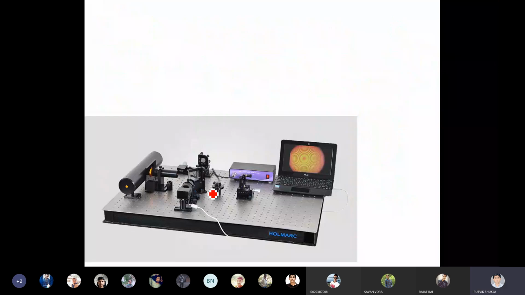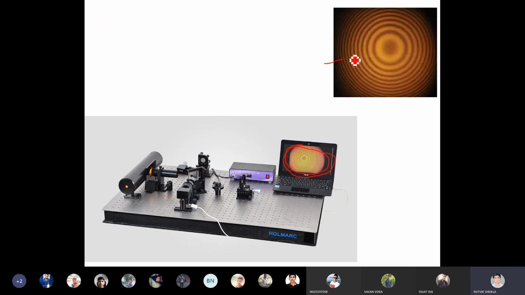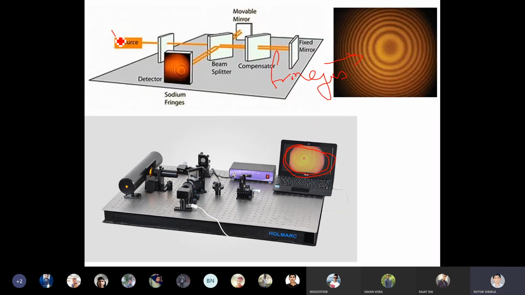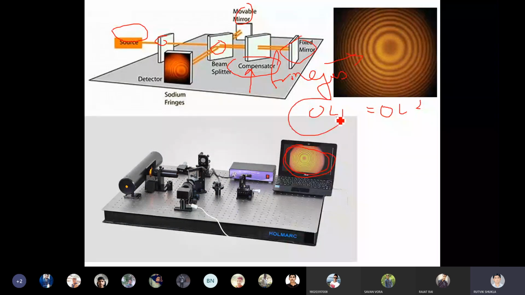As I have shown, this was the same kind of instrument, and here also you can see these are called the fringes. Now everything has become like this; directly it is available on your laptop. This is the same thing: source, then beam splitter, one of the mirrors is movable, the second is a fixed mirror. Now the compensator. Compensators are generally used to make optical length 1 and optical length 2 equal, when the two lengths are not the same. In the initial condition, as we discussed, optical length 1 must be equal to OL2. If not, you have to use the compensator, and these are called the fringes. Clear? It is available on detector B.